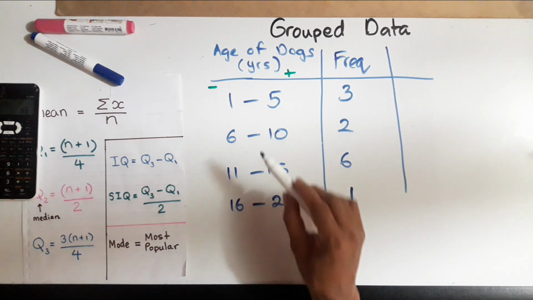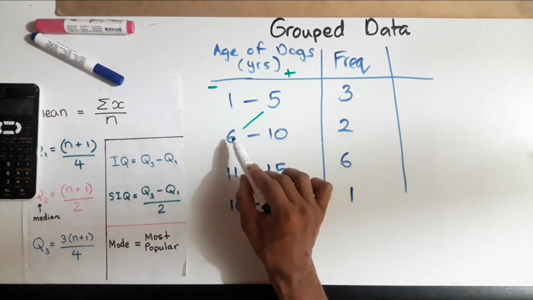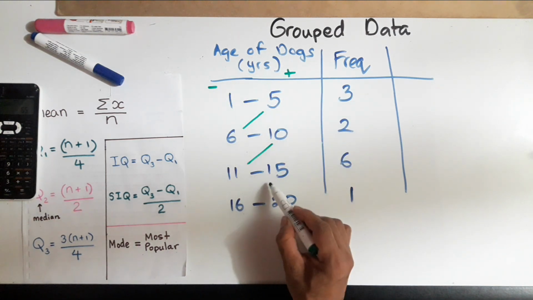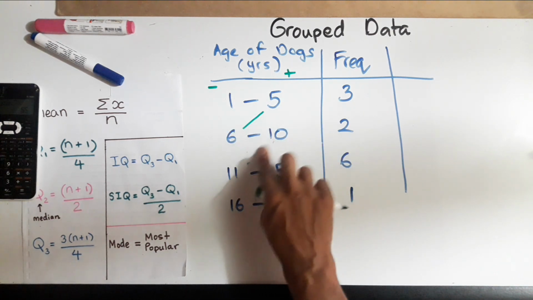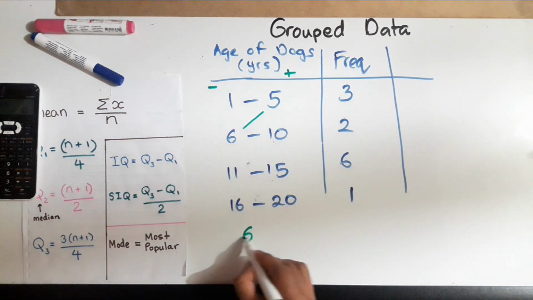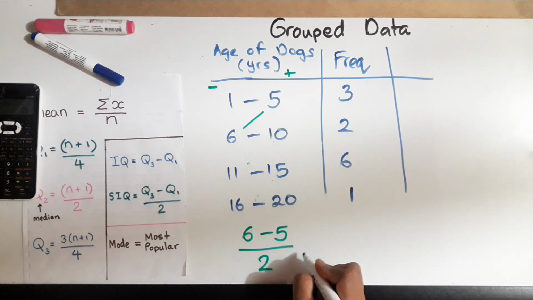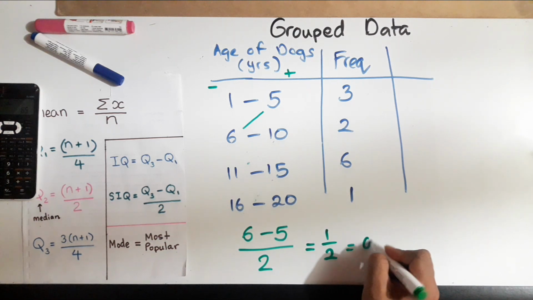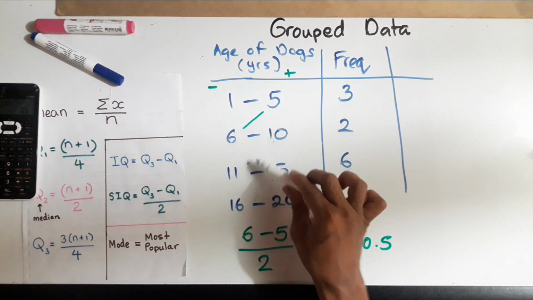It's very simple. You take the last number here and look at the first number here. So it's a slanted line like this, right? You can also take these two numbers or these two numbers, but never the other way. So let's just take these two. You always minus those two numbers, and no matter what, you always divide by 2. That's the formula. So 6 minus 5 is 1. 1 divided by 2 is 0.5. And you will get 0.5 if you minus these two and divide by 2.